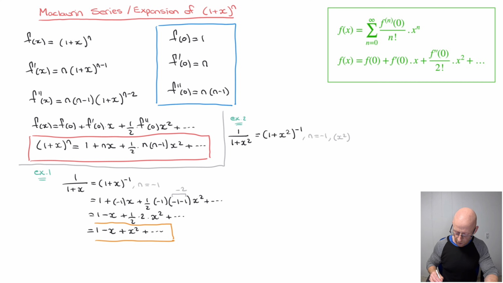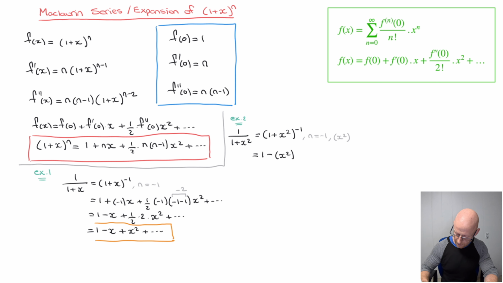But here, because we've already found the expansion for 1 over 1 plus x, that's the expansion we've boxed in orange here. To find the expansion for 1 over 1 plus x squared, all we have to do is copy this expansion, but replace every single x we see by x squared, and I do so by writing it in parentheses. In other words, using this result, but replacing the x's I see by my x squared in parentheses, we can go ahead and state that the Maclaurin expansion for 1 over 1 plus x squared is